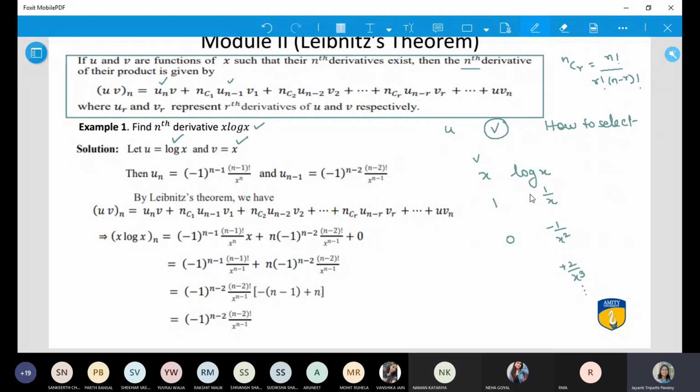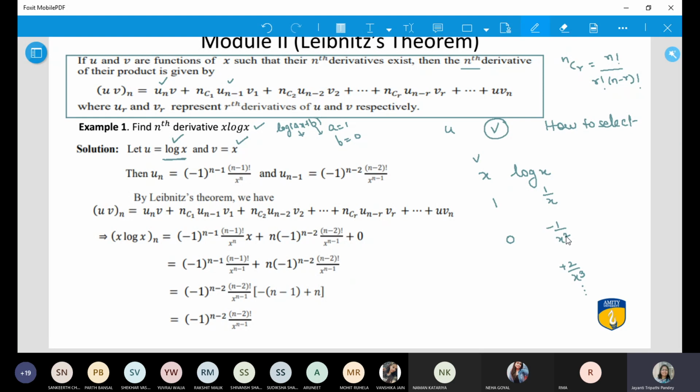Can you correlate from here? This is the first derivative, this is the second derivative, and so on. The nth derivative is minus 1 to the power n minus 1, factorial n minus 1, a to the power n, over ax plus b to the power n. Now here we have a as 1 and b as 0. You have log of ax plus b, and in this case, when you have log x, a is 1 and b is 0. So accordingly, you can put the values.